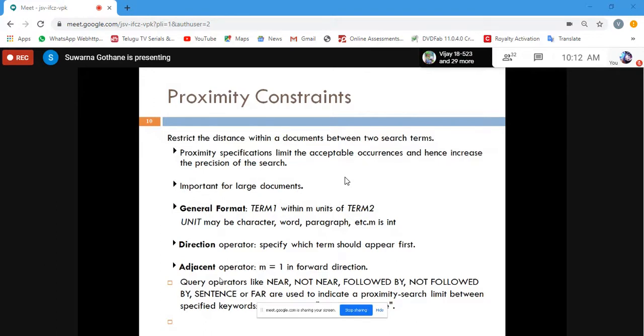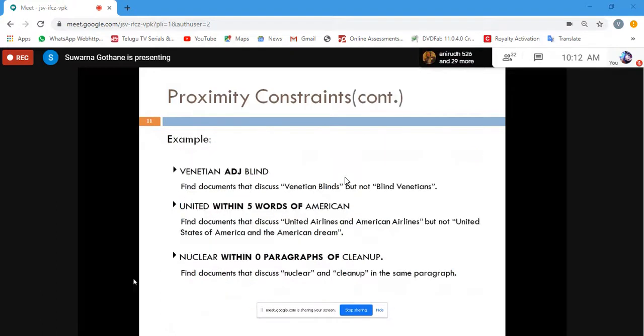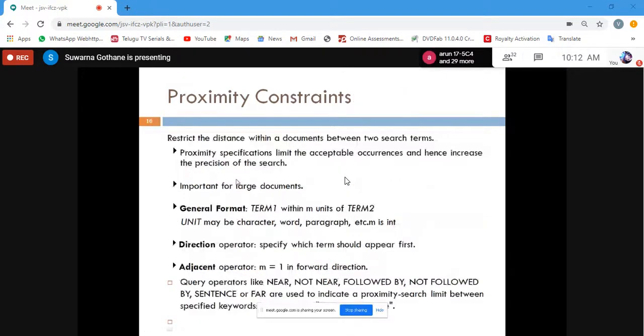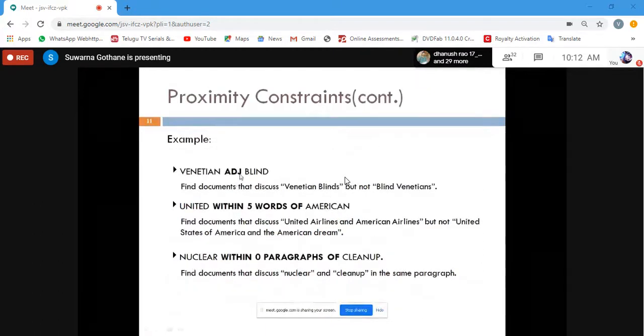As we discussed, we can also use the adjacent operator. We can write only the first three letters, ADJ, in capital. So Venetian ADJ blind, if this is the query, this is the example. If this is a query for adjacency, it will look only in the forward direction; it is not going to look in the backward direction.